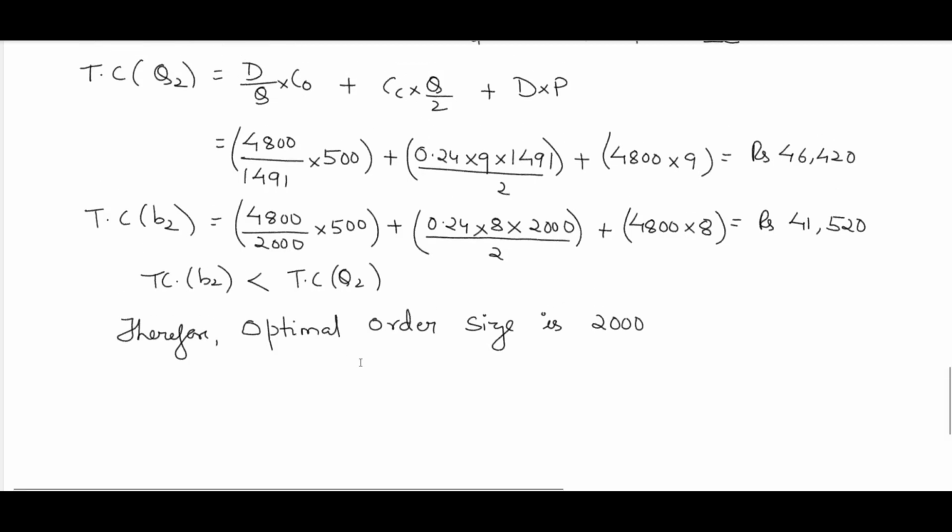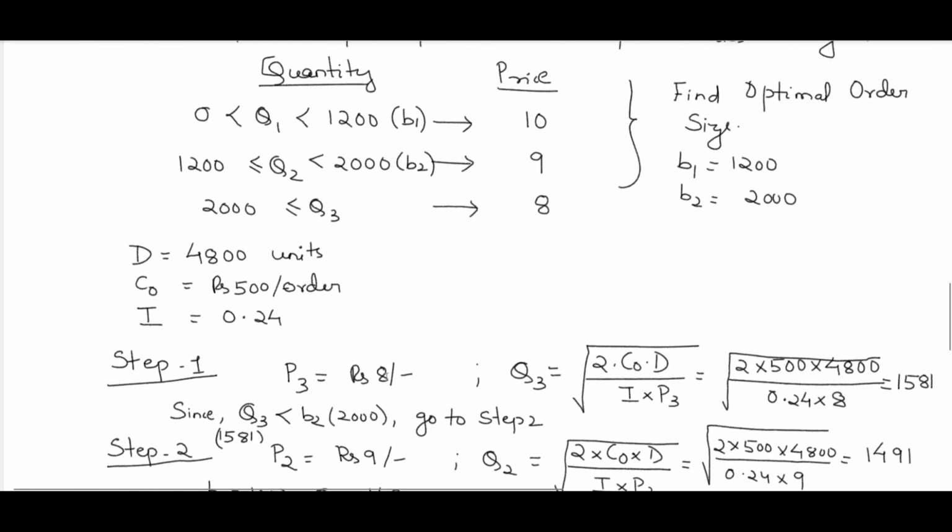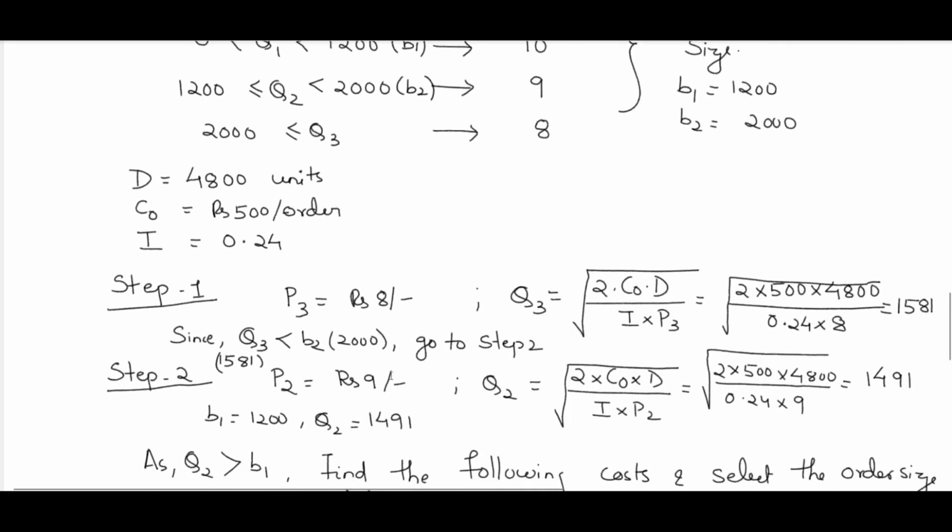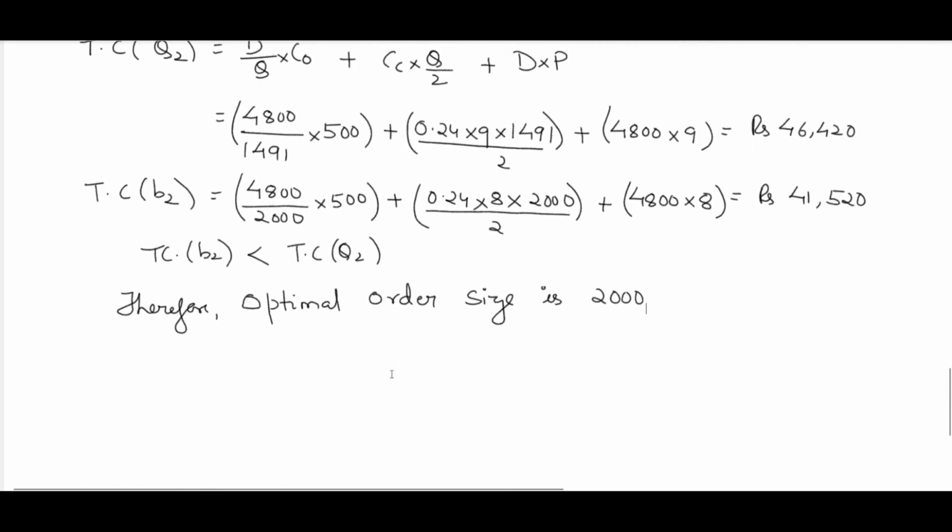2000. So in this way, if quantity discounts are given to you, you have to work out problems like this. So it was an easy step. So this was for your economic order quantity. Economic order quantity is also known as your purchase model. Why purchase models? Because in this case we are purchasing the subparts from other suppliers to manufacture the main product.